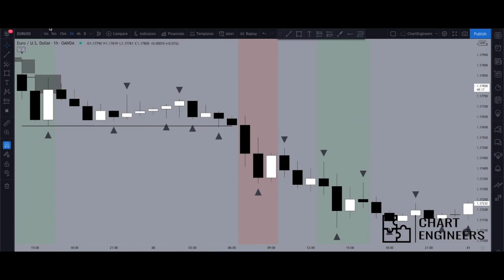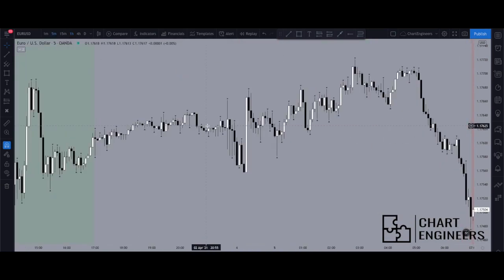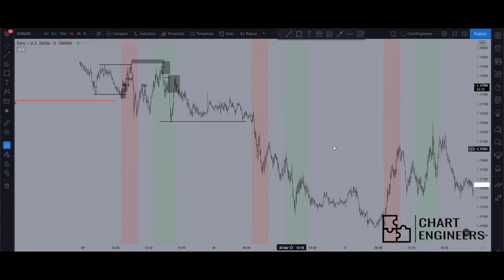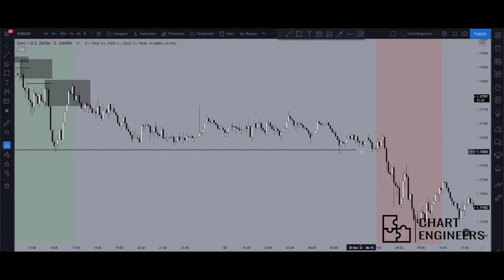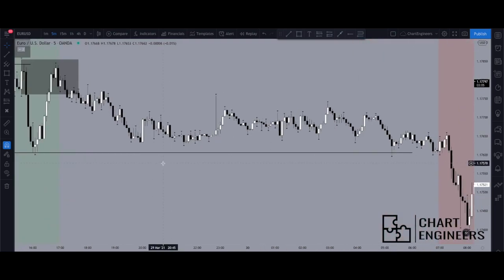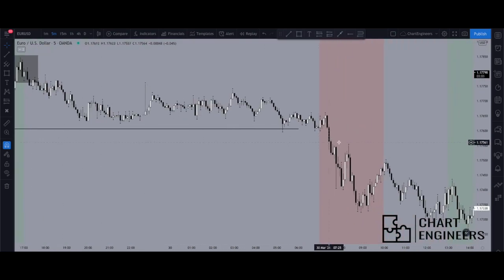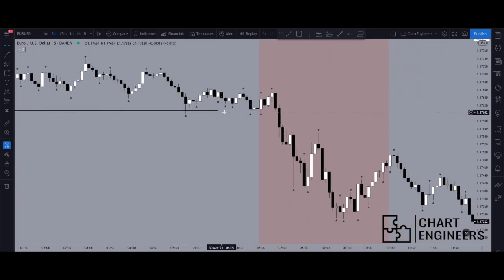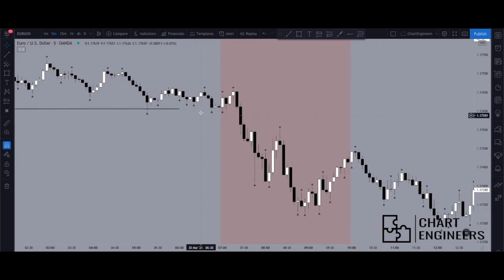And because of this, we will just want to look for any M5 raid to the bottom so we can start taking longs. And you see that we actually do get an M5 raid, but the entry is before 7 AM, so we wouldn't take that trade if there is one. But yeah, you just continually look for longs. We get another, well, it's actually not a raid,